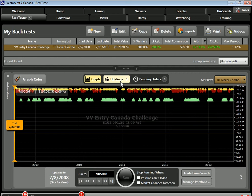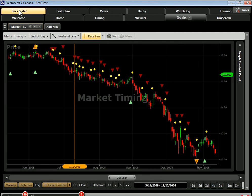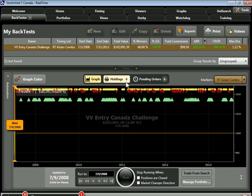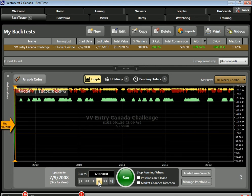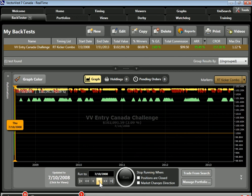And if you remember back on the market timing graph, if I go back up there, from July 2nd all the way through July 10th, which is when the neutral signal came. So we won't replace those stocks until July 11th. So let's go back to the back tester. So if I move forward here to the 9th, it should still remain as 0 holdings. If I move to the 10th, 0 holdings. If I move to the 11th,